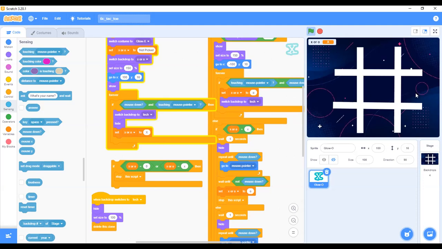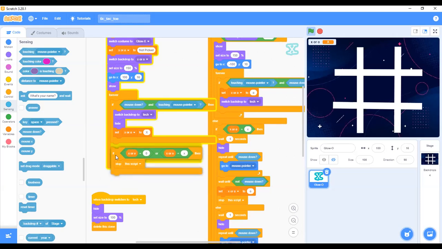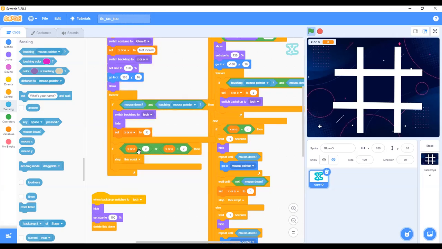Now, what we want to do is, if we click on the X or the letter O, we want it to show. So what we want is to set the X, no, sorry, to set the X to X. Is to set the X to X. And then bring in another if then inside it.